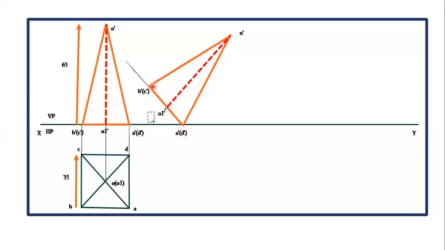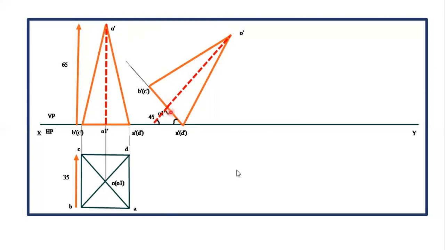Now project the front view and the top view in order to get the pyramid shape in the second position. Okay, so the inclination with respect to HP is given as 45 degrees. So you are tilting the base, the angle should be 90 minus 45 degrees because you are rotating the base here.